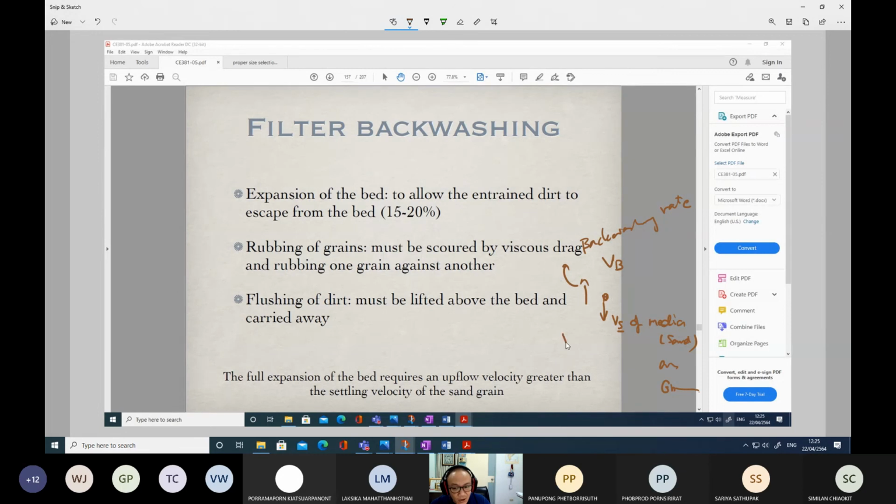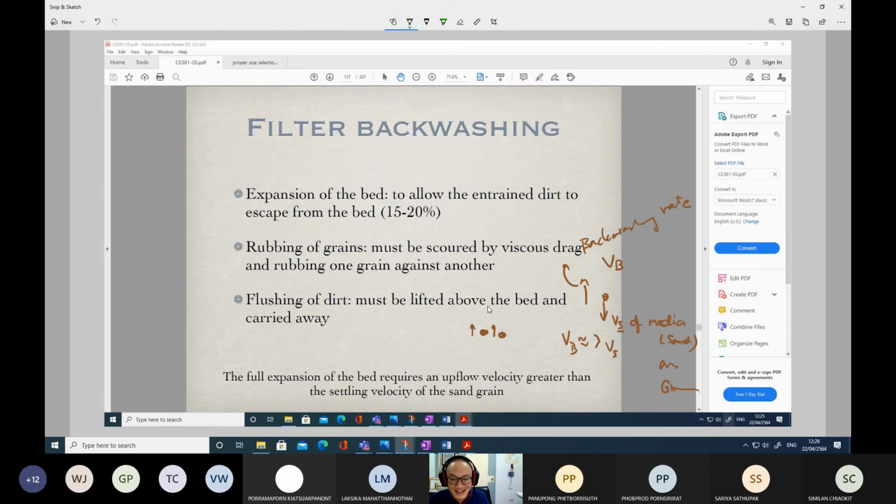Backwashing rate should be approximately or slightly greater than the settling velocities. Otherwise, there is no meaning. Okay. We backwash because we want this media moved. We want these media to get moving